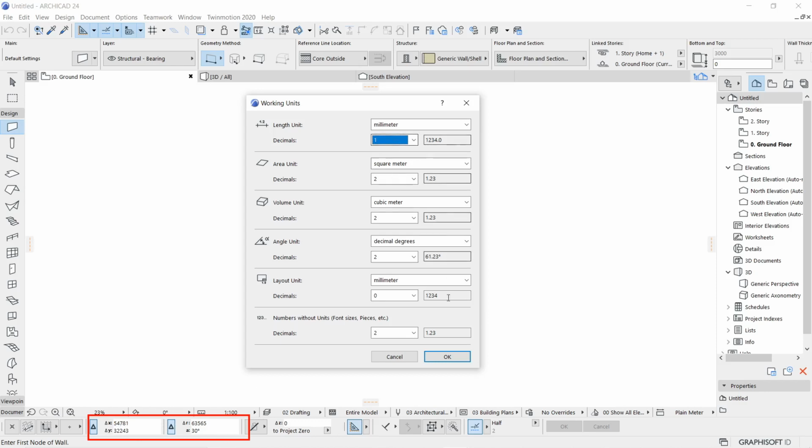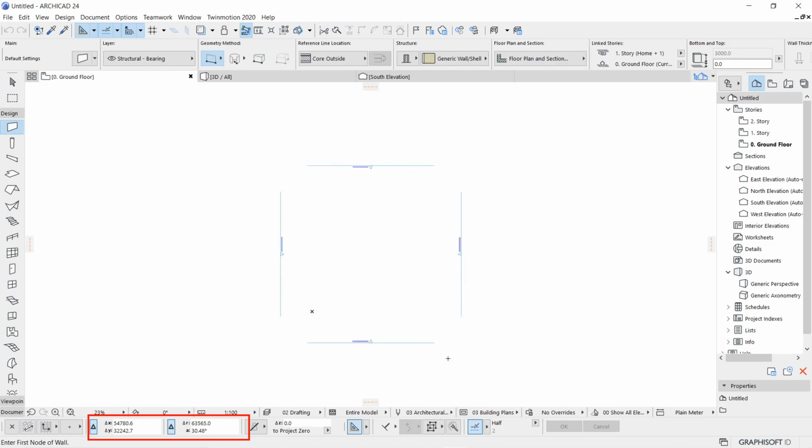But the moment I click OK over here, you will see that my coordinate palette is updated and starts showing me the decimal places. As I keep rolling my mouse, you can see the coordinates changing there. So please make this much of a change in your unit setup and then proceed to the next.